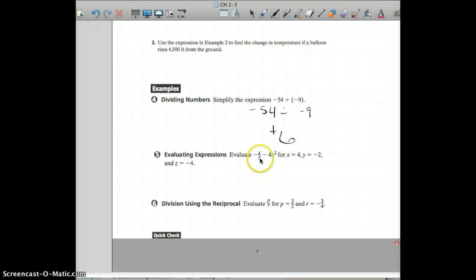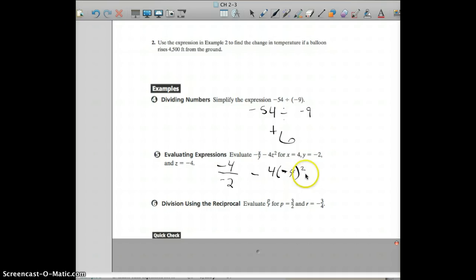So we have the negative x over y minus 4z squared. X is 4, y is negative 2, and z is negative 4. So let's start. One quick trick I use is anytime we have a negative fraction, I move that negative sign to the numerator. It helps to remind me where it goes and that it's not going to be forgotten. Now, I put the negative in the numerator, and then I plug in the 4 for the x. In the denominator, our y is negative 2. Then we continue with minus 4 multiplied by z squared, which is negative 4